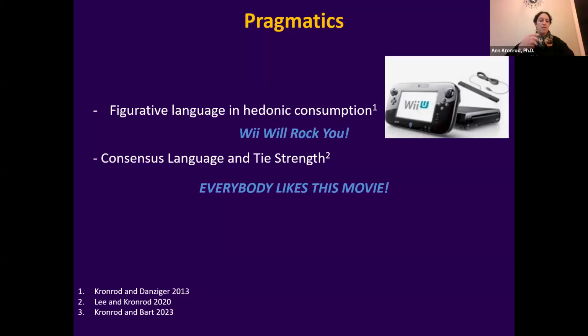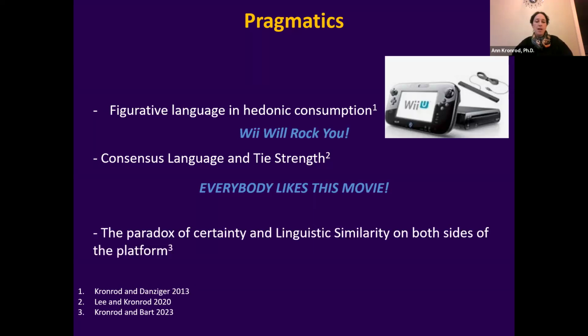So this consensus language is actually more useful with weak ties, people far away from me, than people who are close to me. So if you're close to somebody and you want to convince them to do something, don't use everybody. Instead, you can use maybe I, or maybe you and I, we. That's also an idea. So that's another research on this, how people use language in order to convey meaning and to achieve goals.